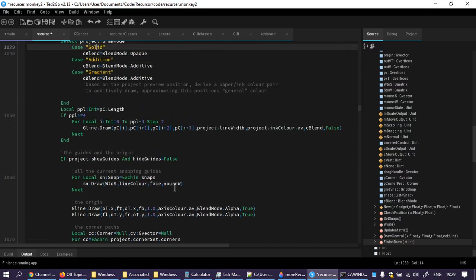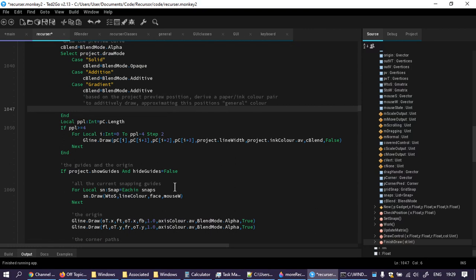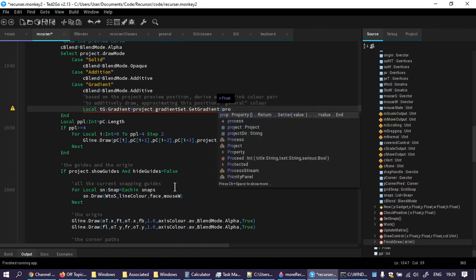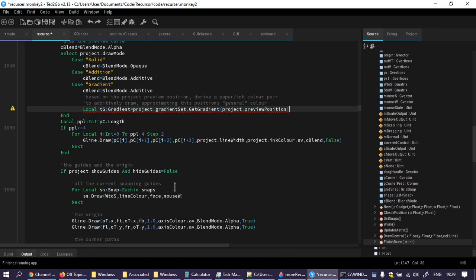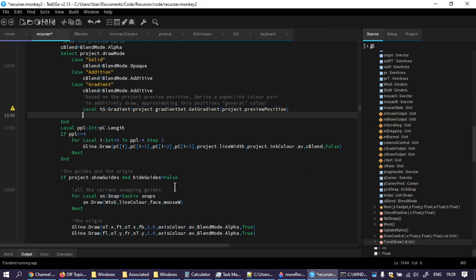Well, for the purposes of this tiny thing that's going to be used right here, I will say local tg, temp gradient, equals project gradient set, get gradient, yeah, get gradient project preview position, yeah. Now, local